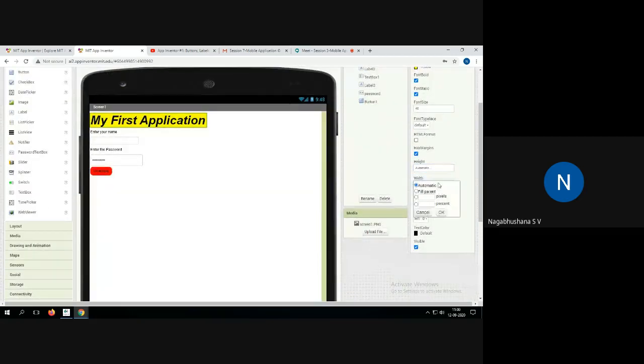And what is the width that you have, automatic. Depending upon the type of screen, you can have the width in pixels. Similarly, the text here: if I have some text here, I can change it to hello. Say welcome. This is for text. I have written welcome, so correspondingly it has changed.